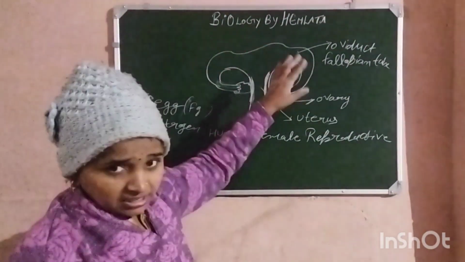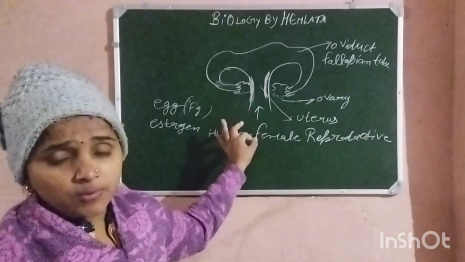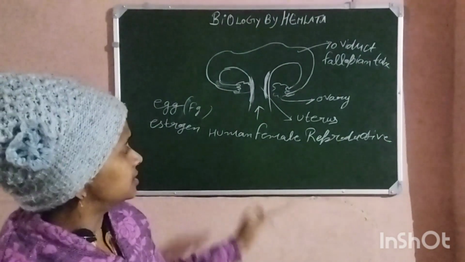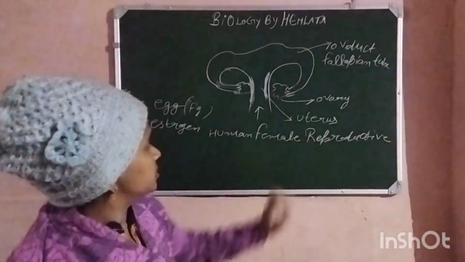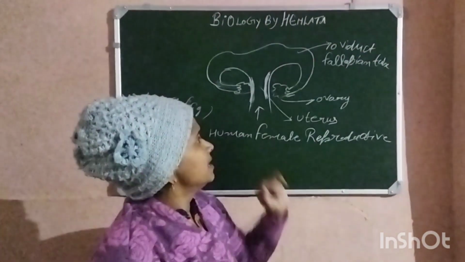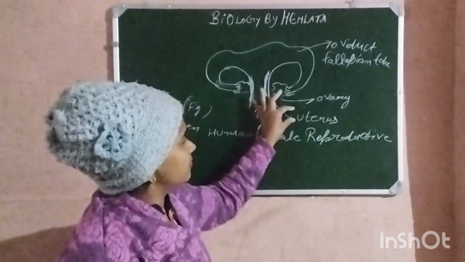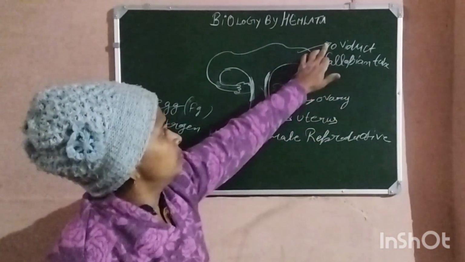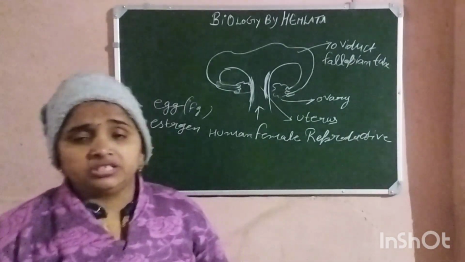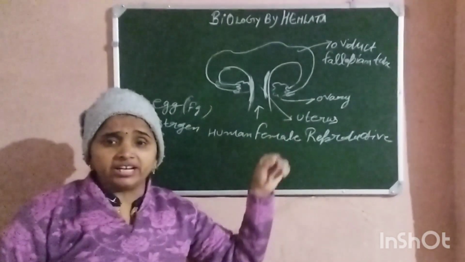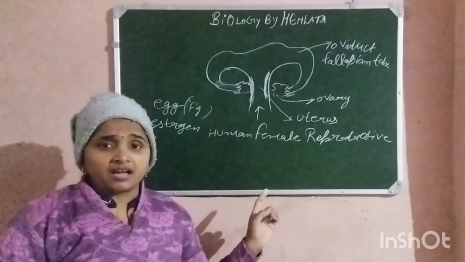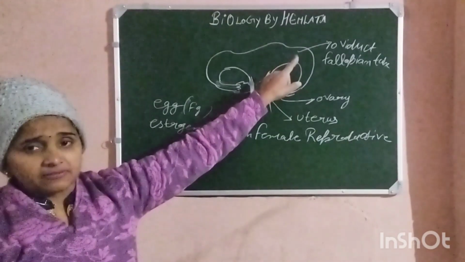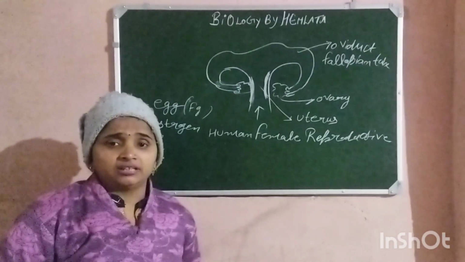So I hope you understand the question. This is a very important question as compared to the male reproductive system in 10th class. This is the female reproductive system. For each part's function, the board is asking what is the function of the uterus, ovary, fallopian tube or oviduct. It can be that you have to draw and explain, or maybe they can ask you to label any two parts and mention their function. I hope you understand the question.